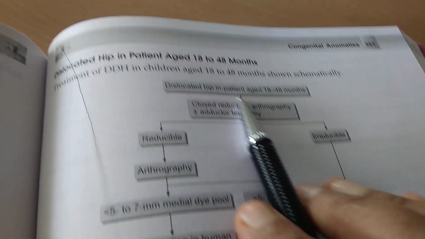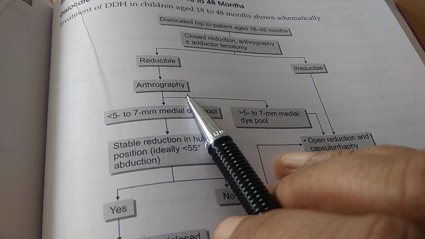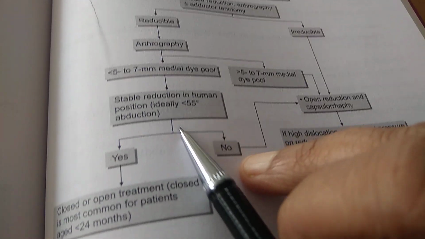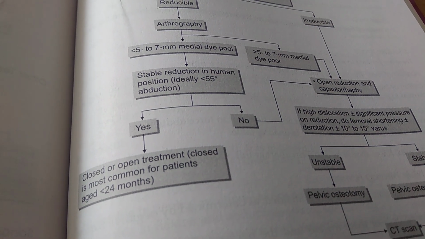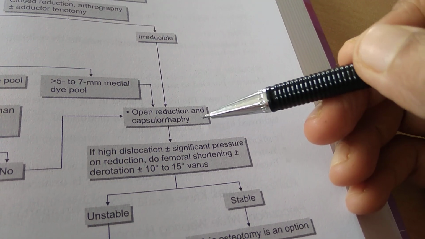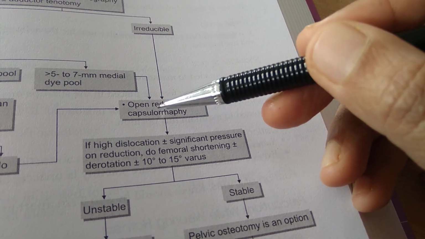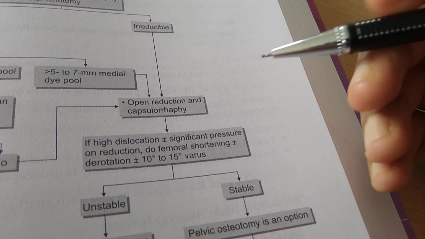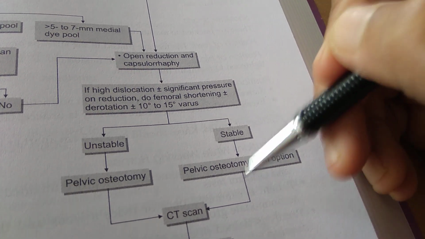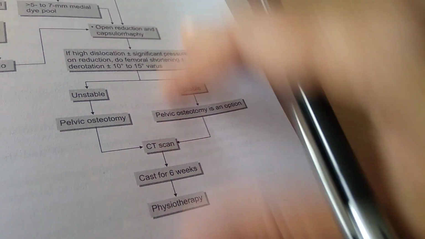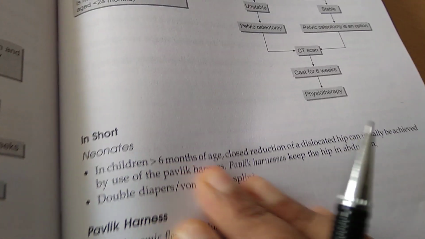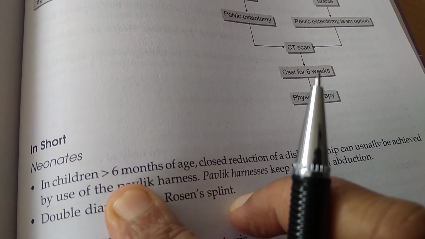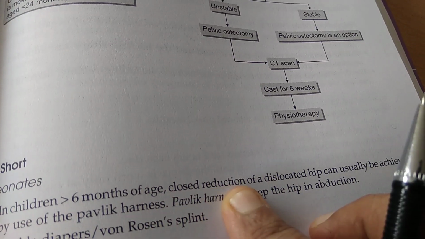So then, if it is a patient who is older, right, after 1.5 years to around 4 years, here they are doing same arthrography. How is it different? Closed or open treatment. And here, if it is irreducible, open reduction, capsulorrhaphy, pelvic osteotomy. Okay, then physiotherapy. So basically in short, they have written that here, which is good. In children greater than 6 months of age, closed reduction